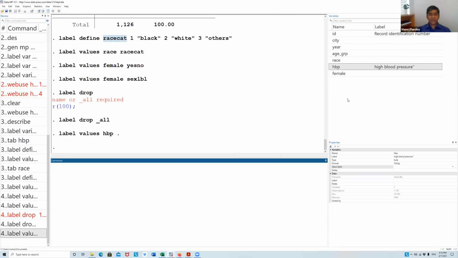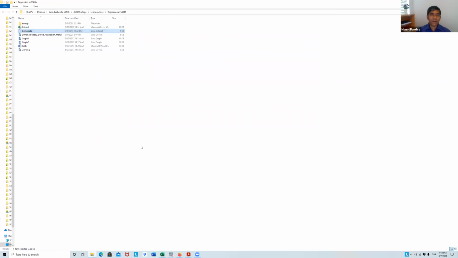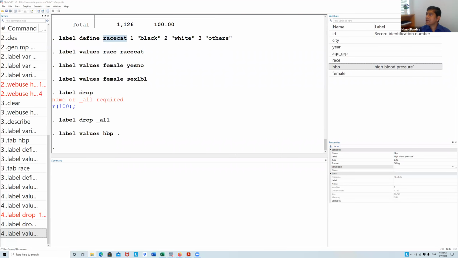Suppose you have a very large data set, a very big data set, and you really don't know where the age variable is, where this variable and that variable are. You are worried about that.